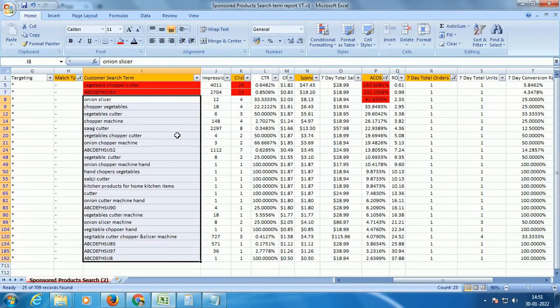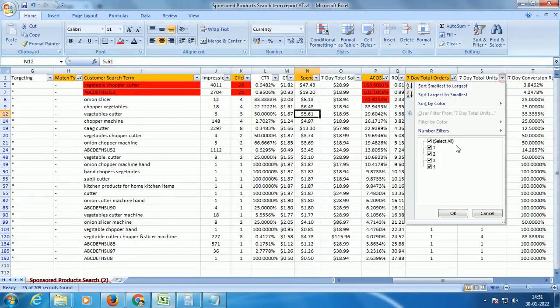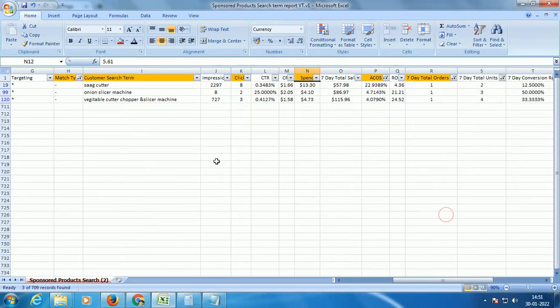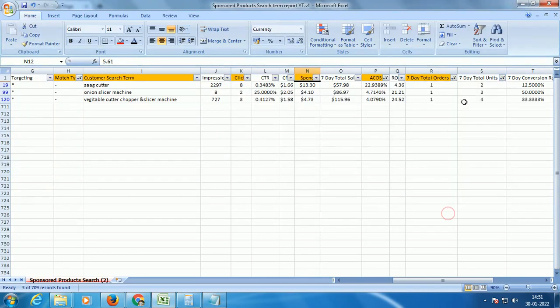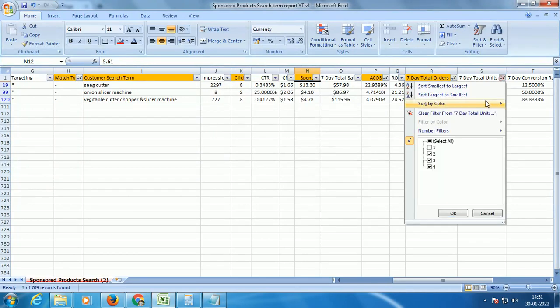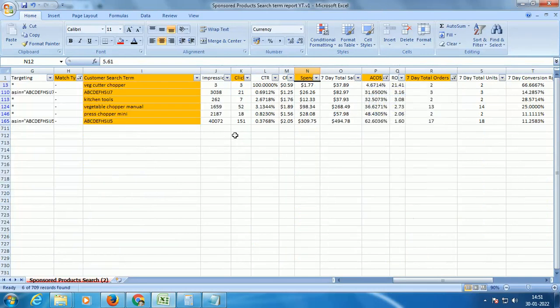I hope you are clear on this section. Just to reiterate, we looked at our auto campaigns. In the auto campaigns, we first looked at the sales where we have 2 or more sales. We picked those search terms, and we discussed that for all these search terms we are going to run separate broad and phrase match campaigns.